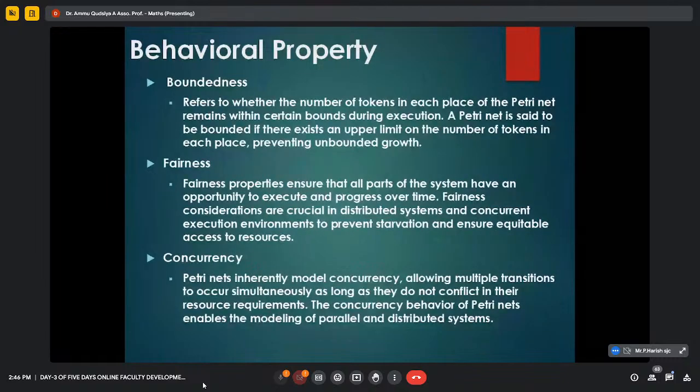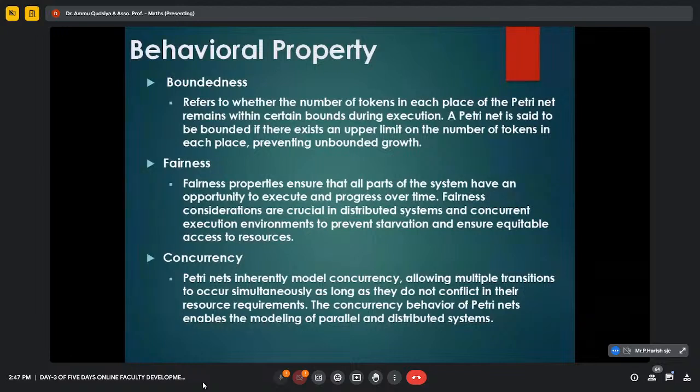Next is the boundedness property. Boundedness property is to check whether the number of tokens in each place of the Petri net remains within certain bounds. That is, to check the upper limit and lower limit of the system. Again, in this bicycle manufacturing unit, you bring in raw materials to prepare all the parts and you store them in a place. After manufacturing, the cycle is the output. Again, you have to store it in a place. But there is a condition that you cannot bring in n number of raw materials or store n number of